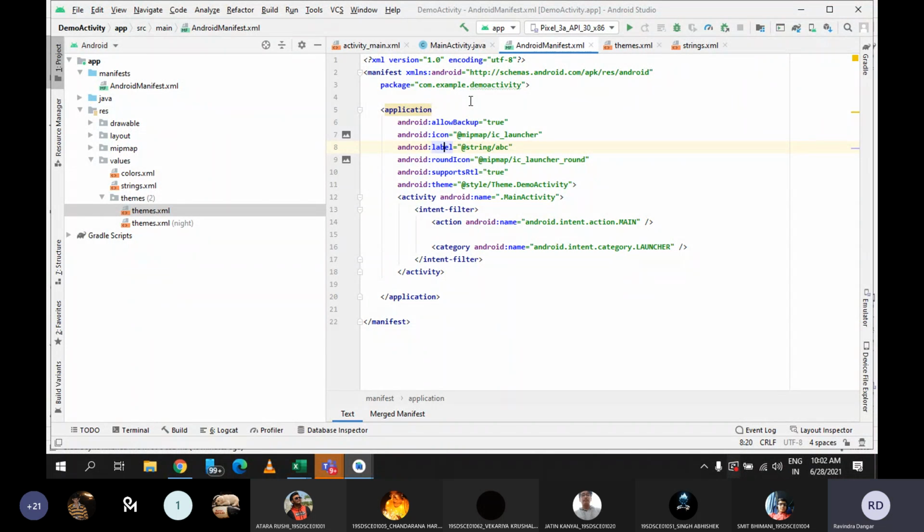Similarly, I want my application to access the dialer. I want my application to share things. I want my application to use the internet. I want my application to access the inbuilt camera. So there are many requirements where you need certain permissions. All those permissions must be given here in the Android manifest.xml only.